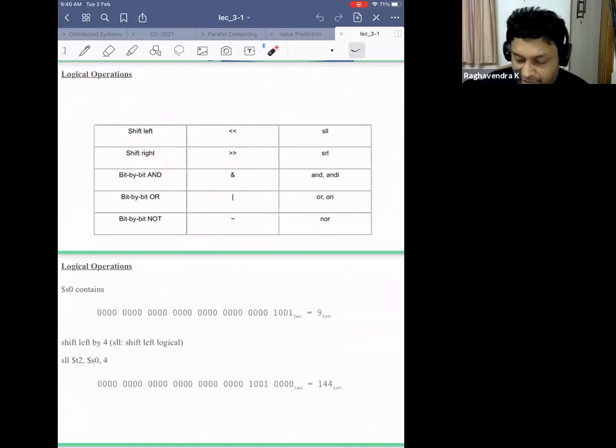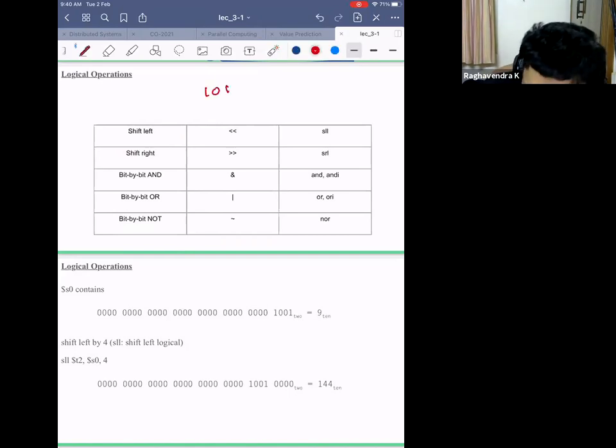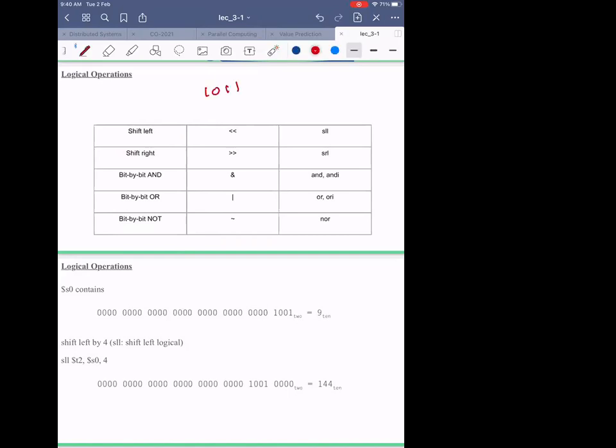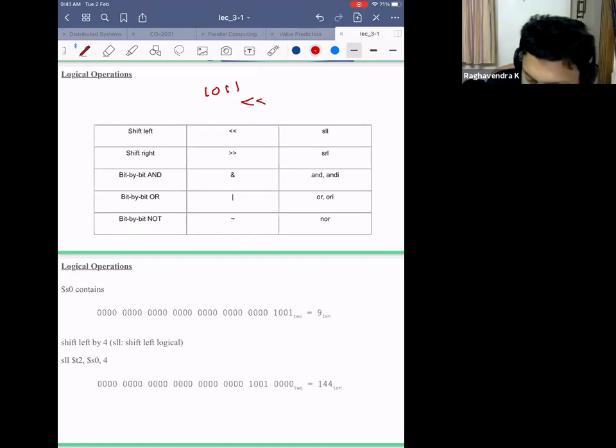When I do a shift left, what happens? What is it equivalent to mathematically? Let's say I have 1011, and I shift this entire thing by 1 bit. Or let's say I had 0011, I had 3 here, and I shift it by 1 bit. Then this becomes 0110, this becomes C, then this becomes 2.